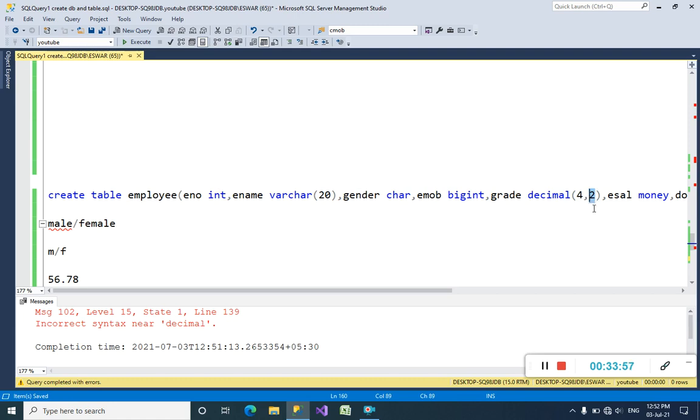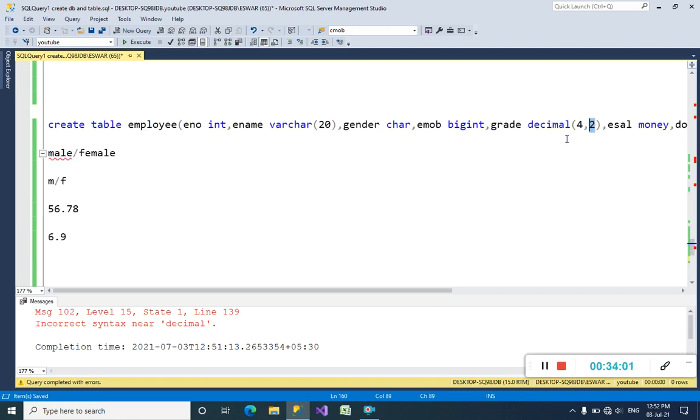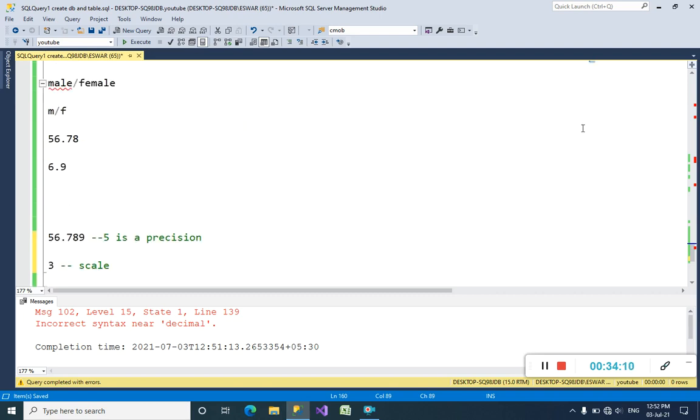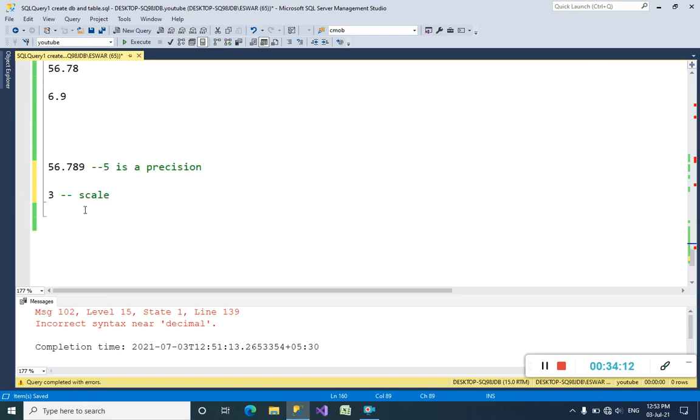We cannot write more than 2 digits after the decimal, guys. Now just see, I have mentioned the decimal data type with precision 4 and scale 2.